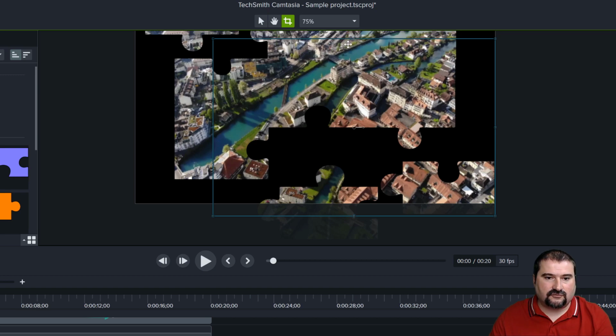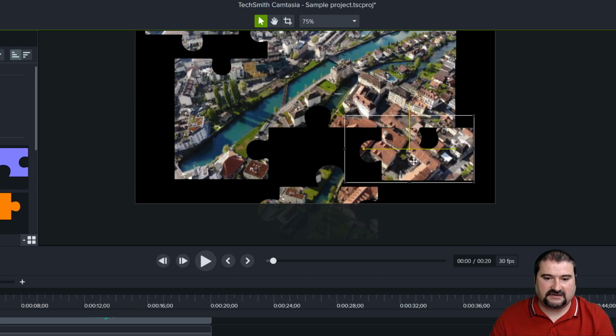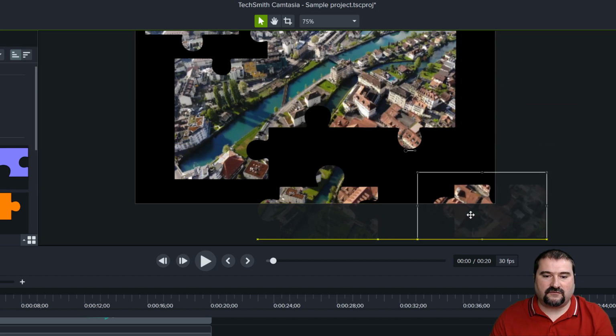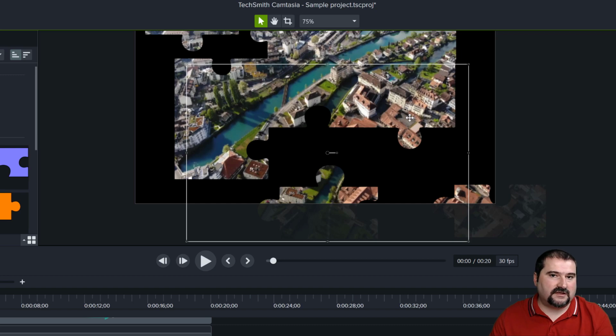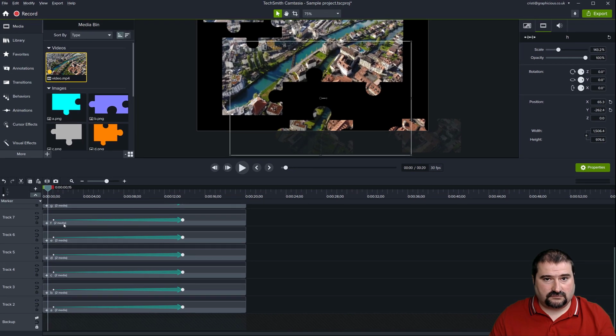You notice you go into crop mode here. So just pick the corner and reduce the size of that to about the only space it needs, really. So there it is. Now my piece, I can move it around and it's not messing with all the other pieces, right? Remember, my playhead is still before the start of the animation. That's how I'm moving the starting point of all the pieces, right?